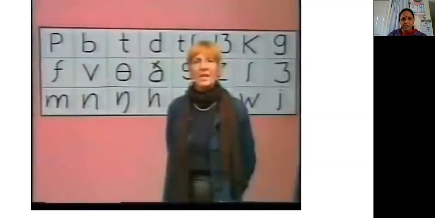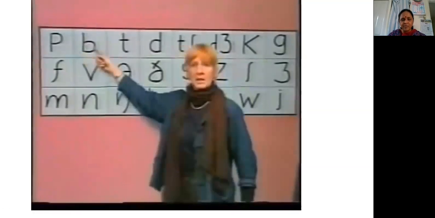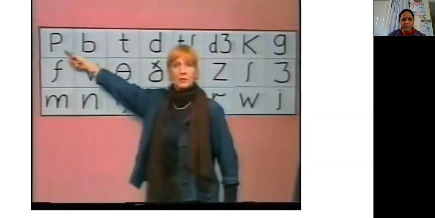Let's look at the consonant sounds. Look at the sounds p and b. This sound p is unvoiced, whereas this sound b